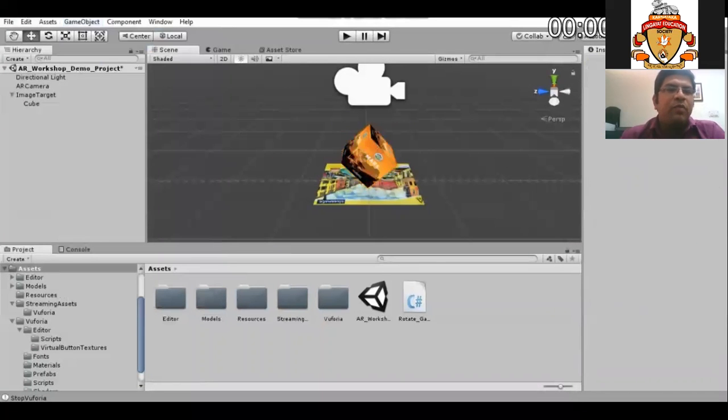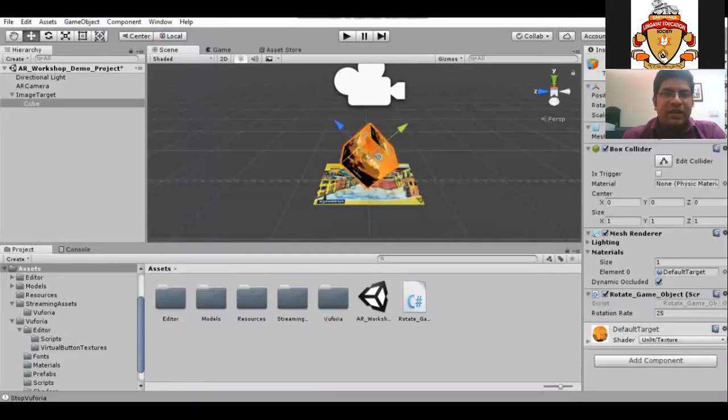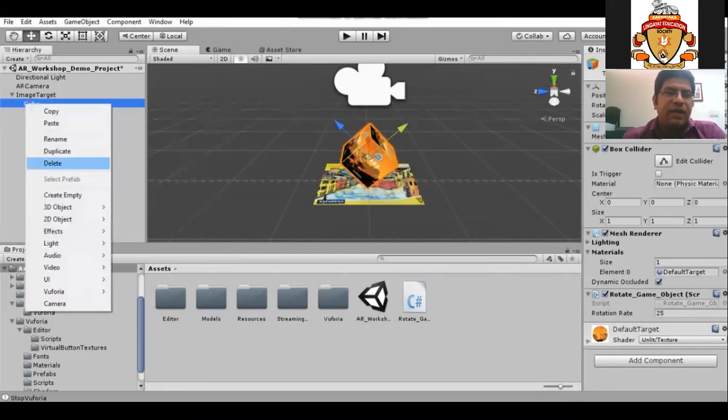Earlier our game object was a cube. Now we will delete it because we will be using video. I will delete it.